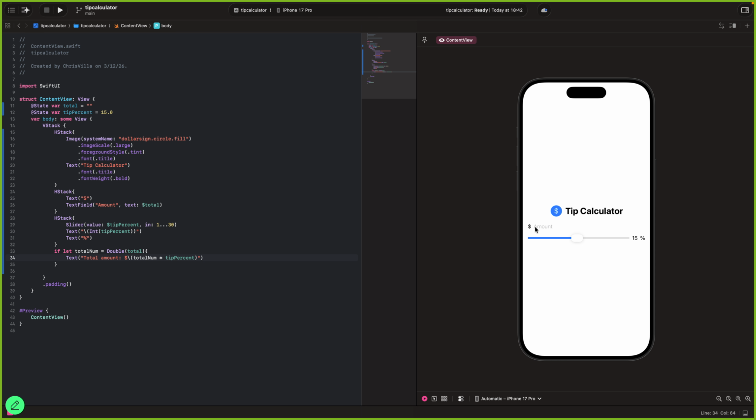So let's say I wrote 20. It's going to calculate and it's going to output 300, because 20 times 15 is 300. Now, we should edit it, right? Because this is actually not the tip. That's not 15% of 20. We just have to divide by 100. You could also multiply by 0.01, but it's basically the same thing. And if you write 20 this time, it should output the actual value. Yeah, there you go. Total amount is $3.